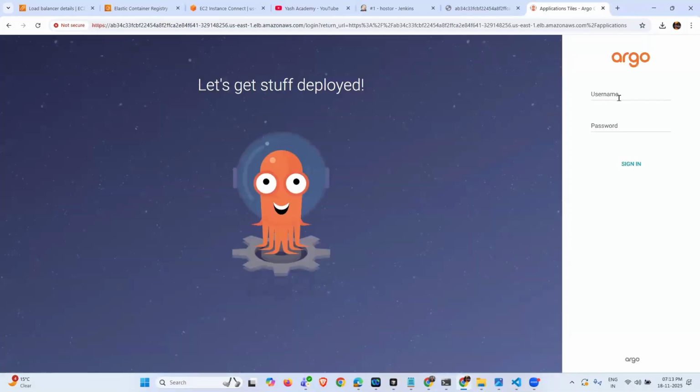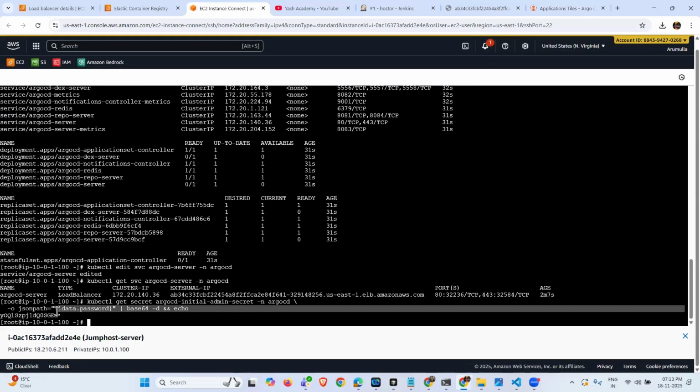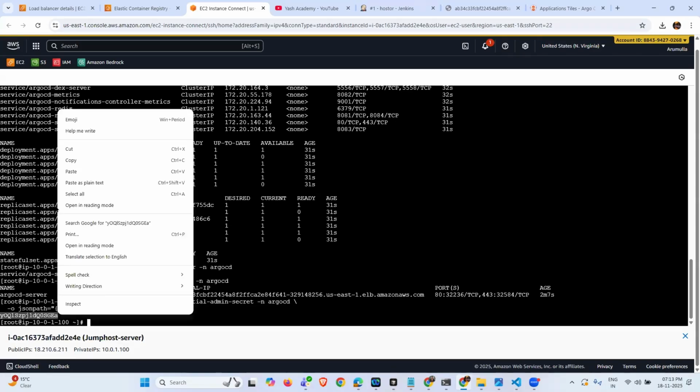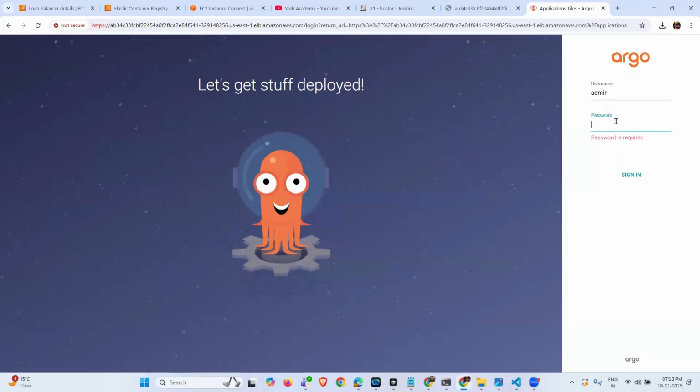This is the Argo CD and admin username is admin and password is this one. I already showed, right? The password, copy properly, paste it,